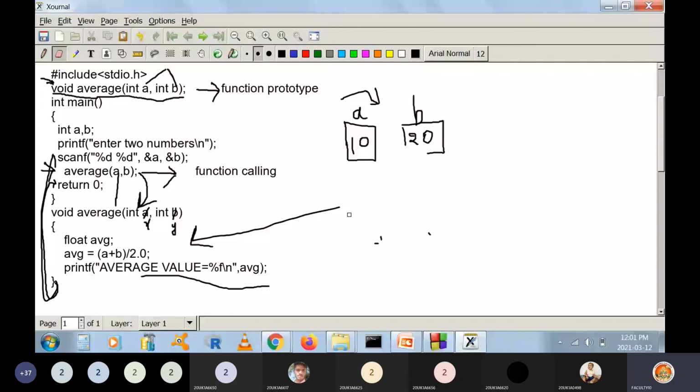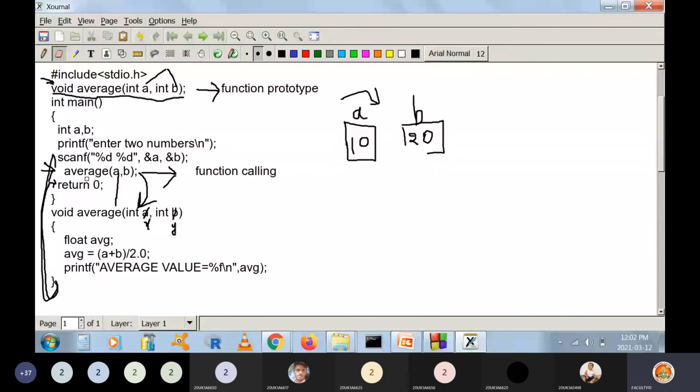So once the control leaves this function, these will be immediately removed from the memory by the computer automatically. So now when control comes to main, you can see a and b are available, visible to this main only. That is what happens here.